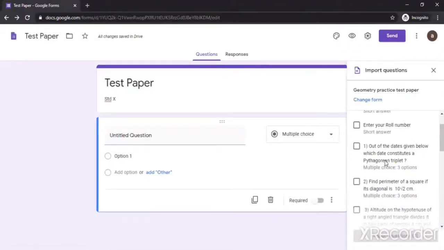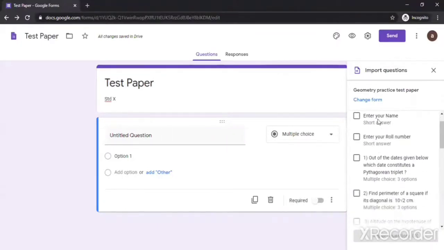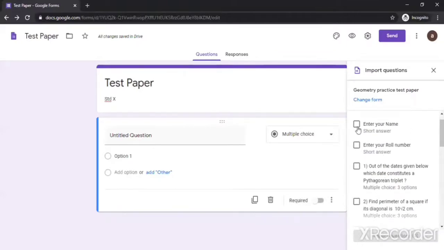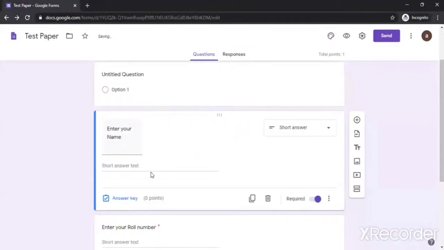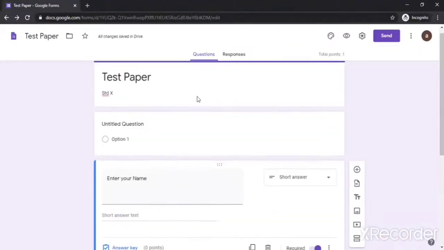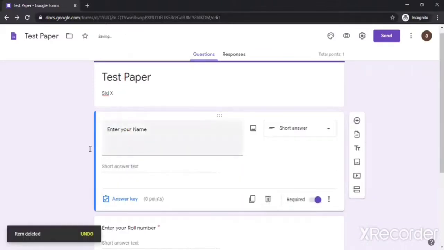It will ask. These are some of the questions. In my sample paper I have some questions like your name and roll number. To know which particular student has given me this paper, I will add this directly. You can type it as well. I will show you how you can type it. So for example, I'm taking these three things which are important. I'm just importing them. Enter your name and this. Yeah, I will just remove it because I have imported some of the questions from there.